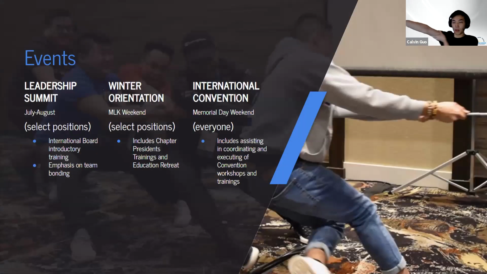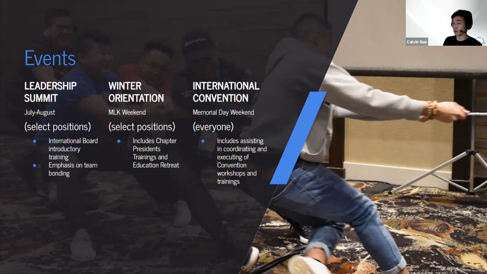Next up, it's regarding the events that we have as an international board. As a member of the international board, there's a bunch of various opportunities for development as well as collaborations. Some of the most notable events, which are basically the only times that we really get together as a board, are the Leadership Summit, Winter Orientation, as well as the International Convention. Summit and Convention are in rotating locations, but orientation the last couple of years has been in Vegas. Along with being on the international board, there is a stipend for registration, travel, as well as housing to these events. And a little bit of breakdown of each of these events.